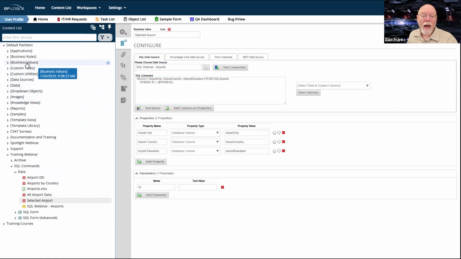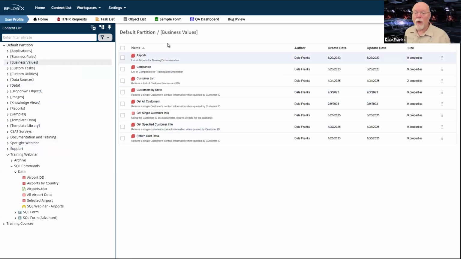you're going to want to have a business values folder. And in that business values folder, that's where your business values should reside. Now, it has the square brackets at the beginning and the end of the name. It is sitting at the root level of the default partition.